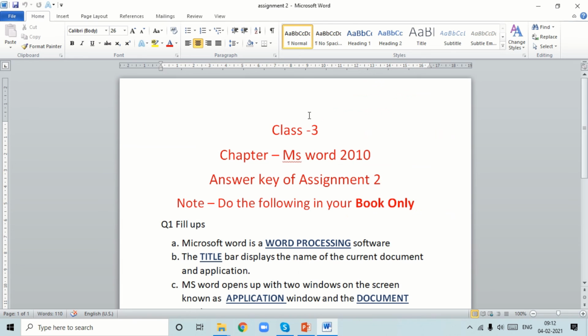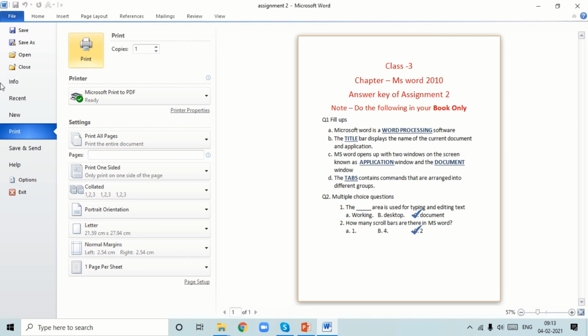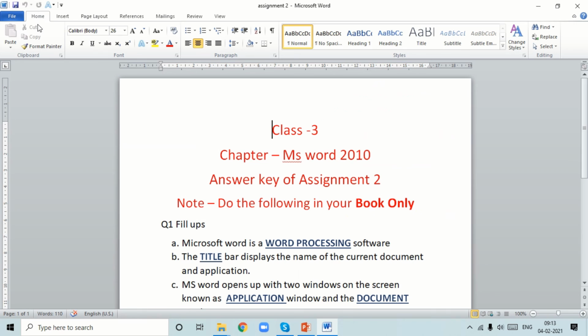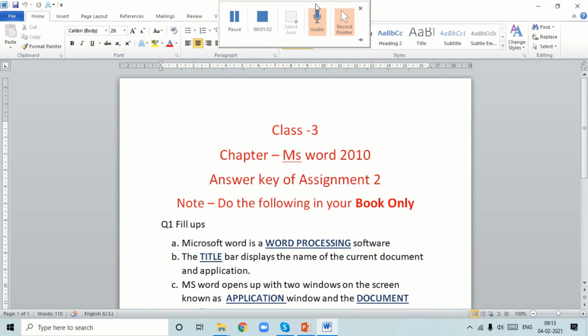Now, there are other methods too. You can directly use Ctrl+P and you can see the same window will appear for this also. So, instead of going to the File menu, you can just use Ctrl+P, which is the shortcut key to print your document. And if you want multiple copies, like I want 2 printouts, then you can choose from here. Instead of 1, you can click 2, 3, 4 and many more. And after selecting this, just click on this Print button, so that you can get the printout of your document.